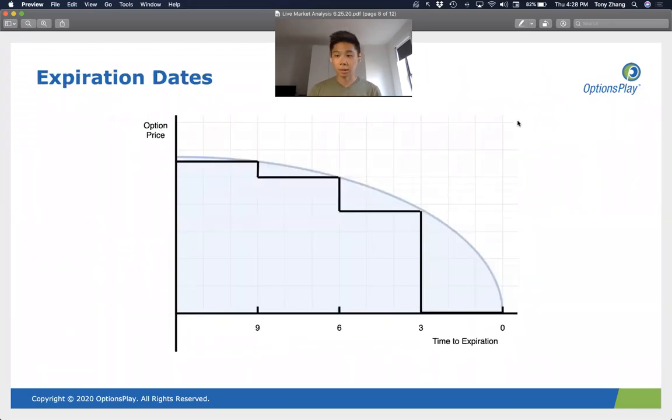Okay. The second thing that we talked about was expiration dates and strike prices. We talked about how to select optimal expiration dates and strike prices. One of the things we discussed is that whenever you're selecting an expiration date, theta decay, the rate at which the option decays in value, is the primary factor in determining which expiration dates you choose, because longer dated options have low time decay and shorter dated options have very fast decay.